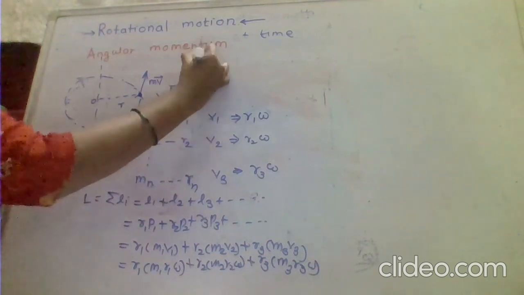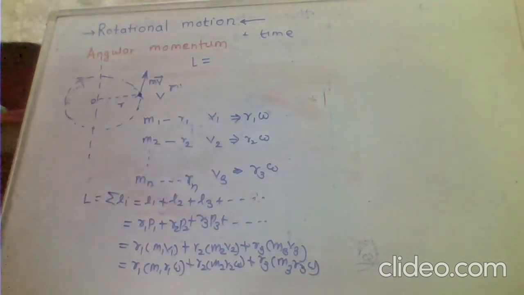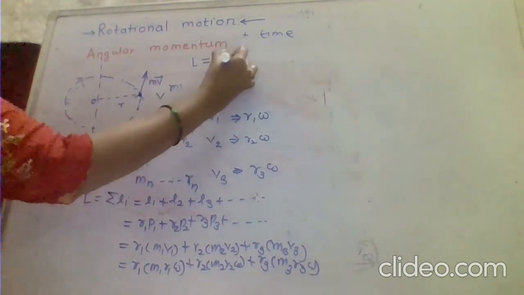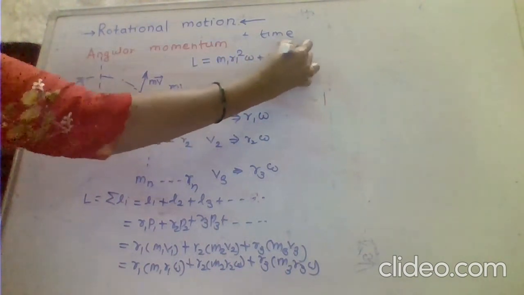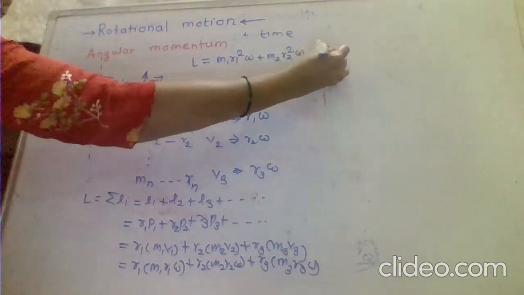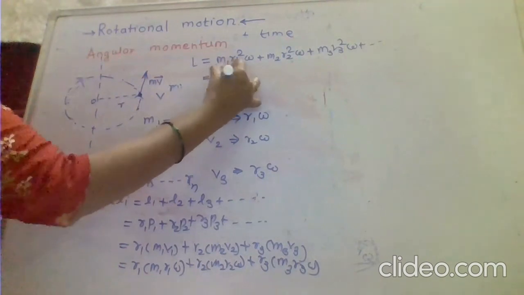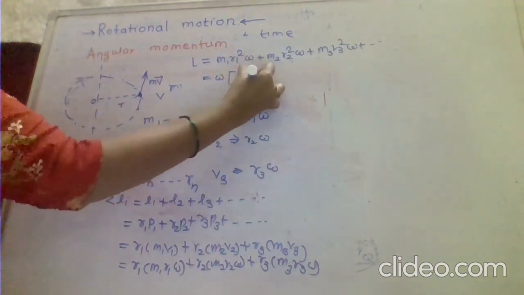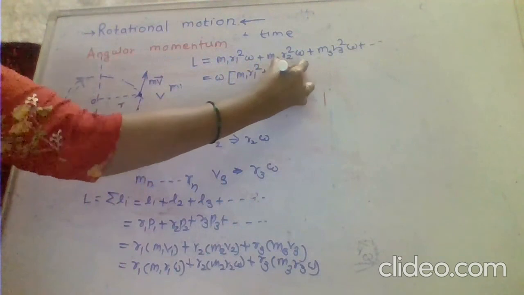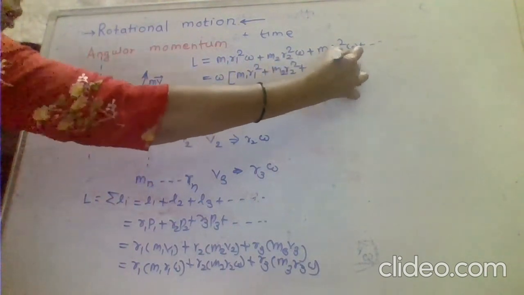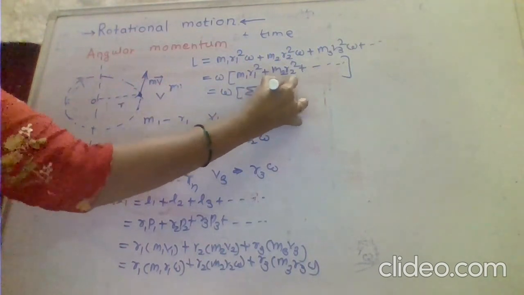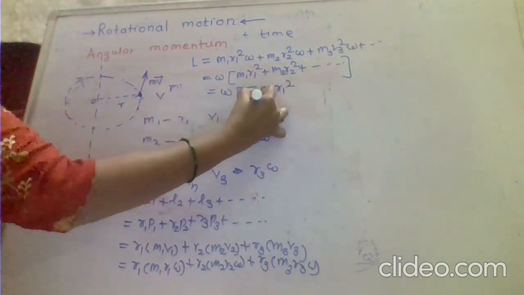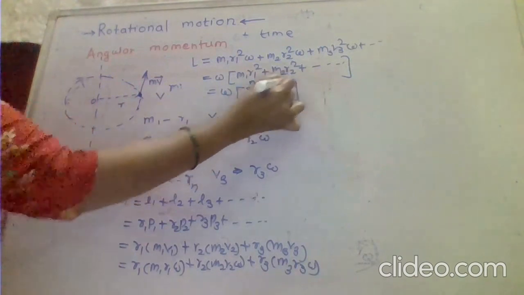So the total angular momentum of a rigid body is M1 R1 square omega plus M2 R2 square omega plus M3 R3 square omega, and we can write it like this: omega into M1 R1 square plus M2 R2 square and so on. That is, omega into the summation of mi ri square, i runs from 1 to n, and summation of m